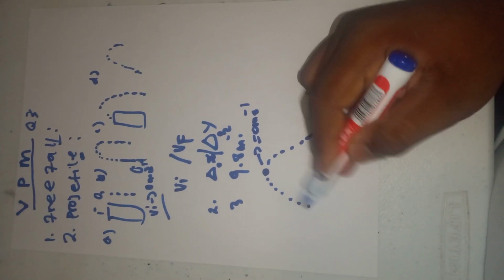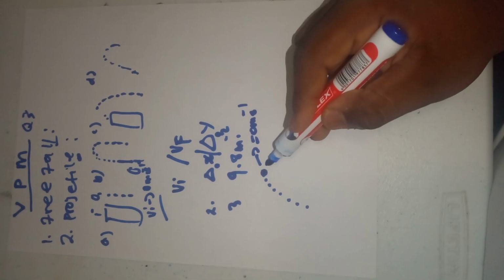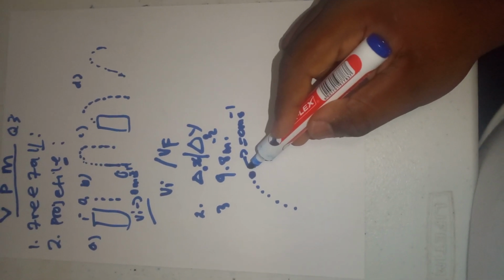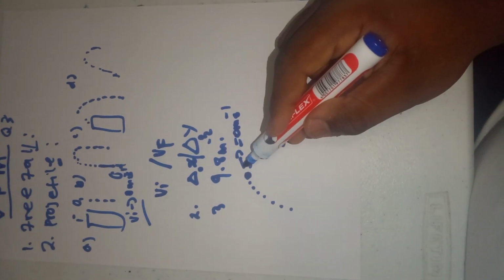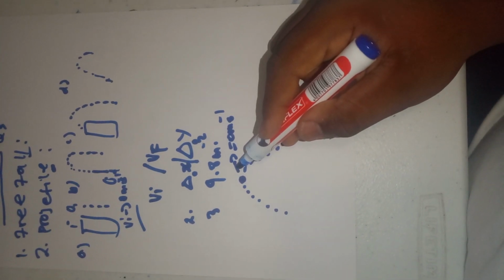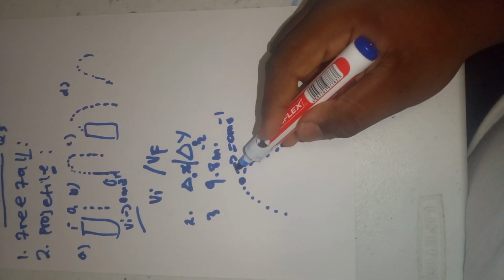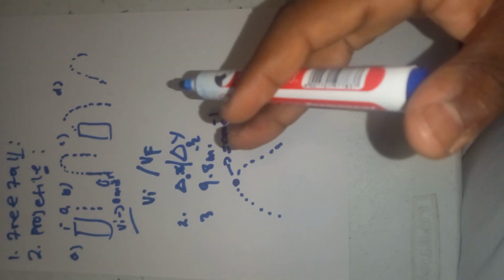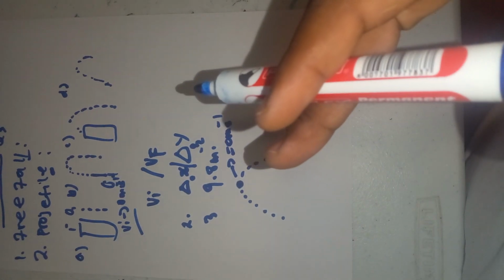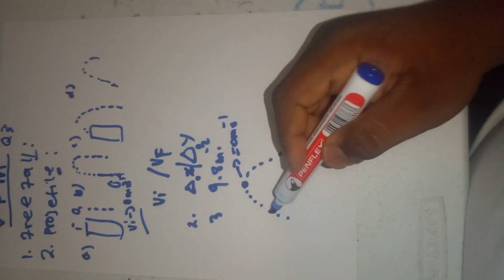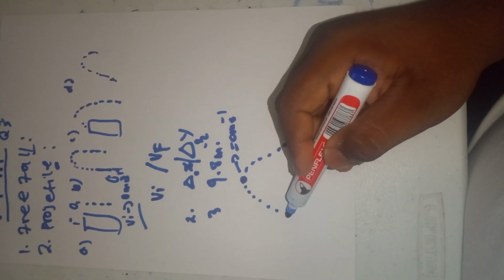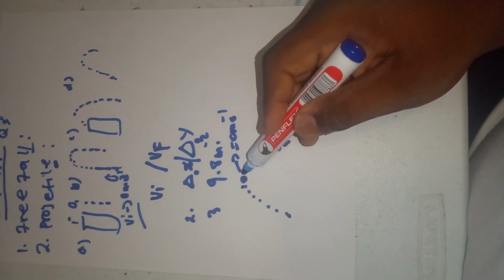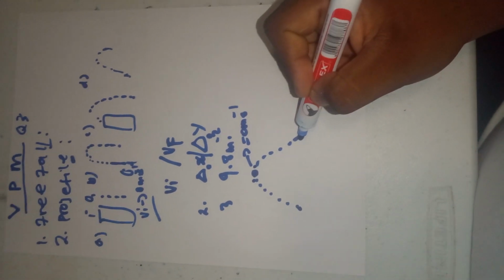So it has been projected upwards, and when it is here, that is when the velocity is equal to 0. Okay. Another thing is that the time upwards to the turning point is also equal to the time from the turning point to the initial starting position. What do I mean by that? The time that the ball took from this point up to that one is the same time that it took from this point down to this one, and this is referred to as